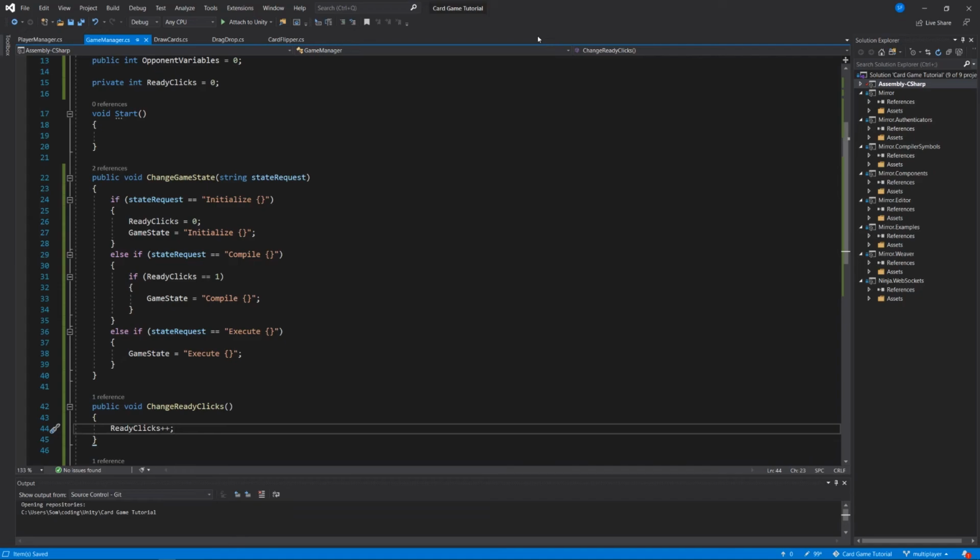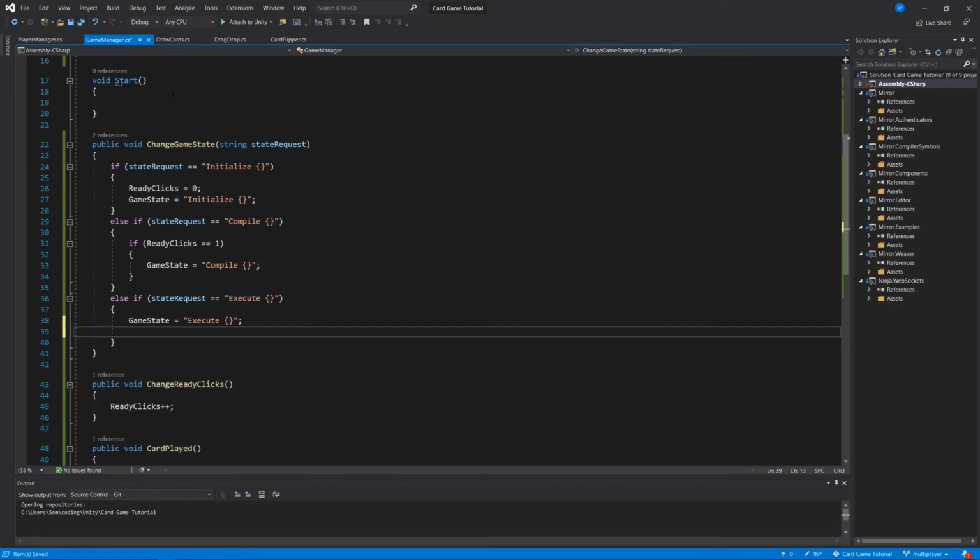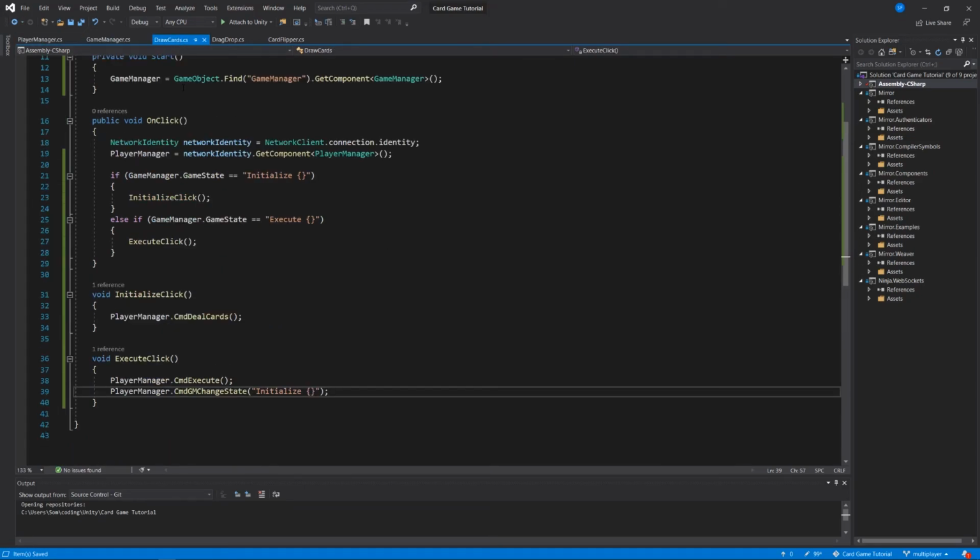What we do need to do, just to clean everything up and make sure that everything works once we've finished one round of play and are renewing back to the next round, we need to change just two tiny things. If the state request is execute, remember we've been incrementing our turn order when a card is played, make the turn order equal back to 0, so we can start fresh in our next round. And in our draw card script,